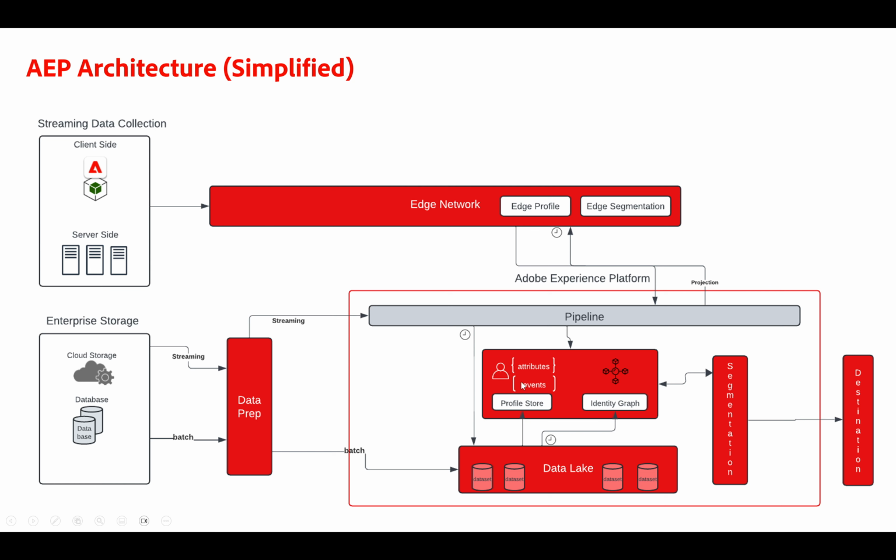So once you have this profile store, this is representing all of your users. Each user is going to be a single key, and this key, called XID, is represented by different identities, and those different identities allow all of the data sets to combine the data together in case of profile or to store the data together in case of events. This is very important because, as we'll see later, some services are using the data lake, some services are using the profile store. The power of Adobe Experience Platform